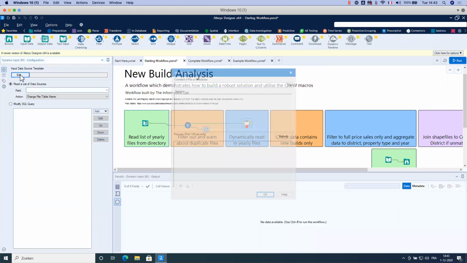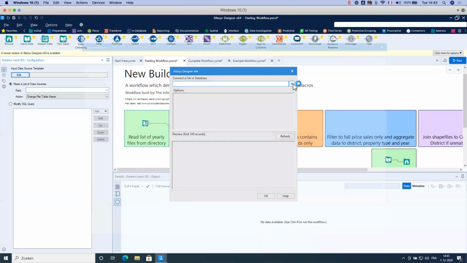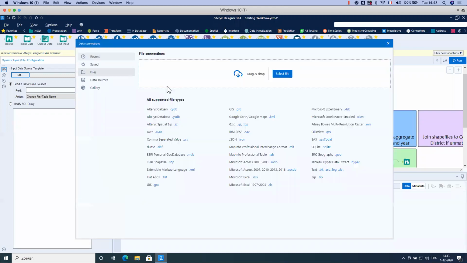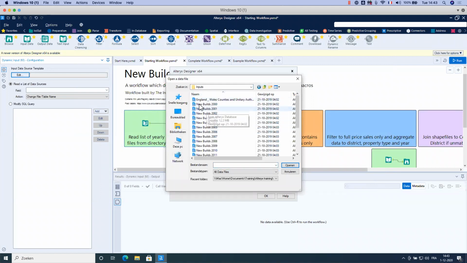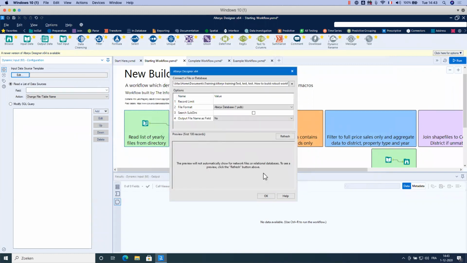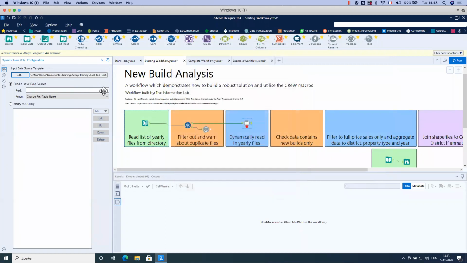And here I will just set the path to a file from my input folder. You have input here. I will just select NewBird 2000, click open, and that's it. I click OK.